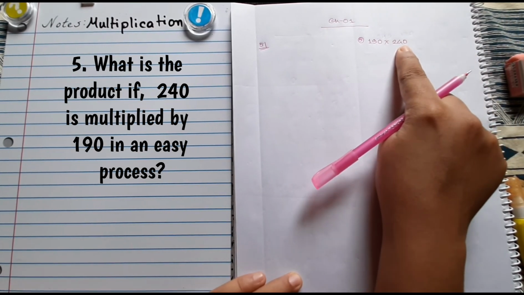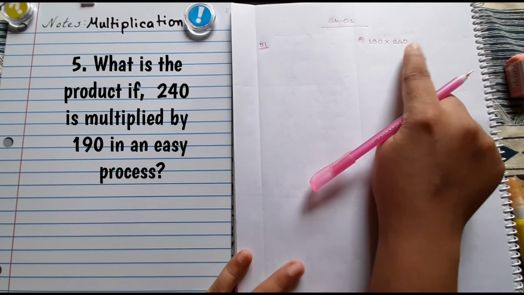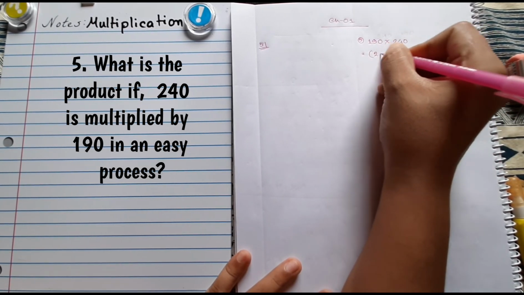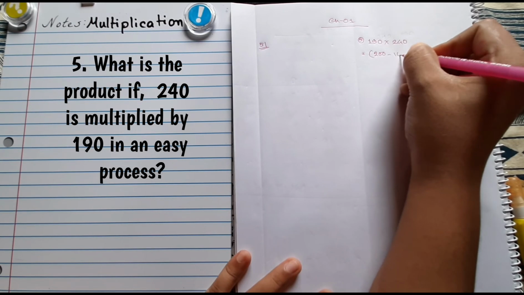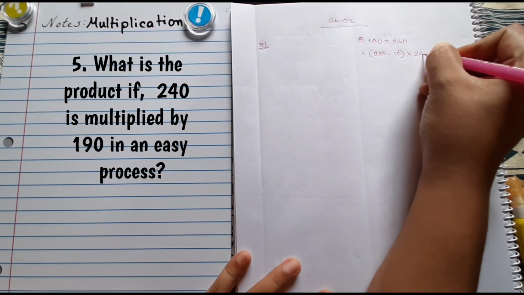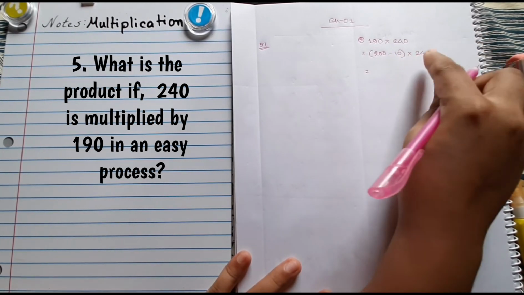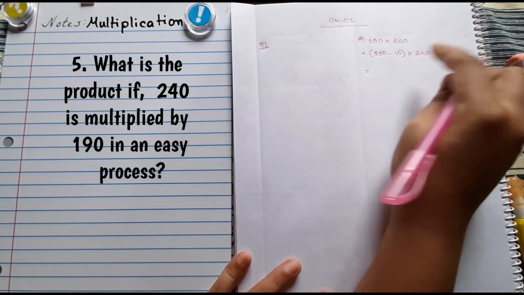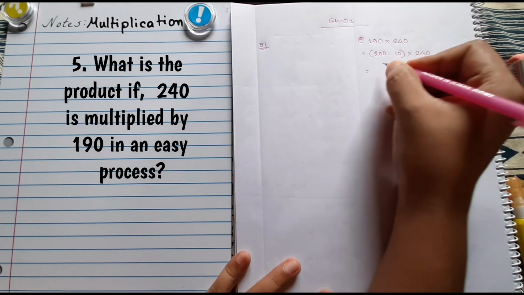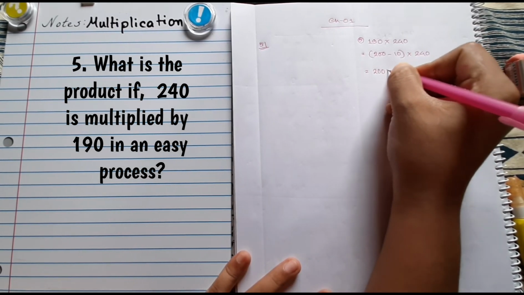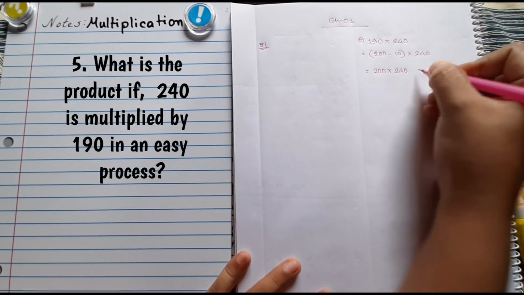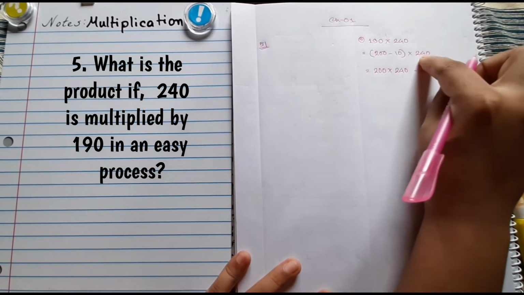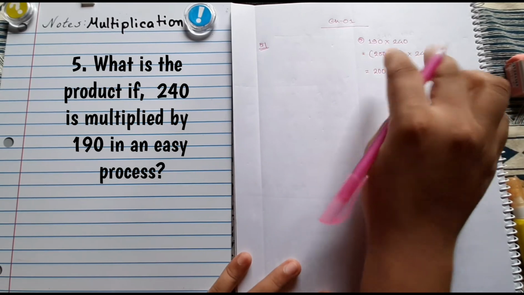I'll not get any kind of round figure. No, both round figure. I can make this one as a round figure, like 200 minus 10 multiplied by this. Look how easy it is. Now we have to multiply that one with first and that one with, both of them are kind of round figure, right? So 200 multiplied by 240 minus this number will be multiplied with both of them.